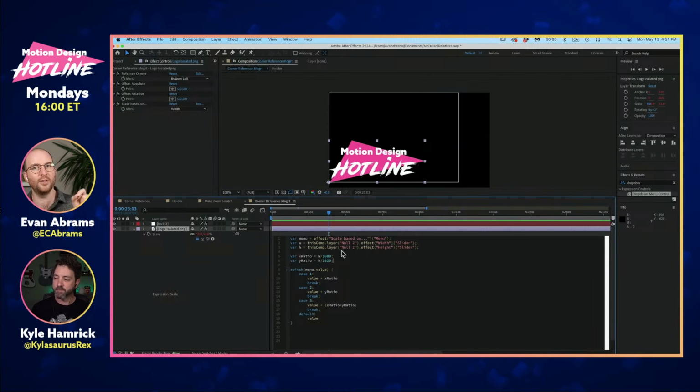Where is my first edge relative to the wall? Okay, how could we find that? Well, we could find the anchor point, and we could just say this layer's position minus the comp width. That's going to give us where we are. Where's my other edge? Well, I know how long I am, so if I were to subtract that from how far I am from that wall and from the comp width, that'll tell me where my other edge is,